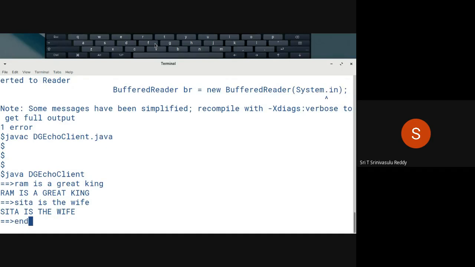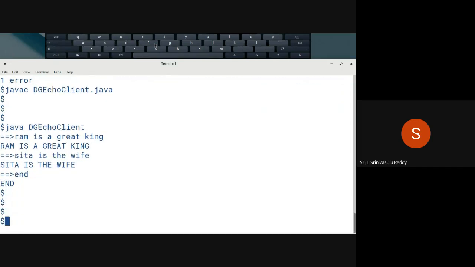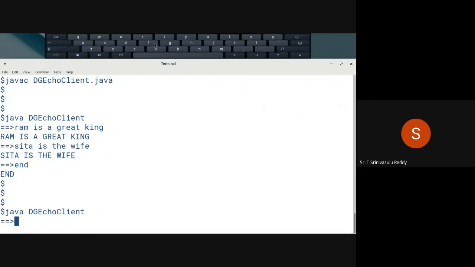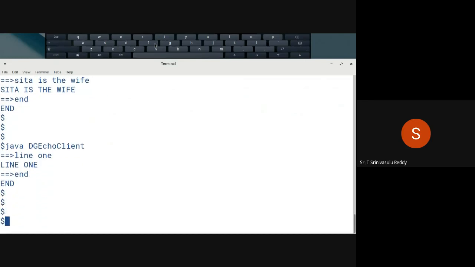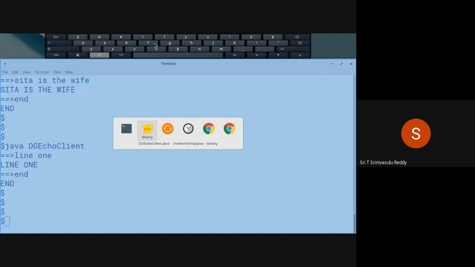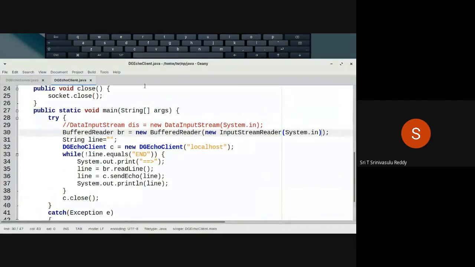Like this. And then ultimately say end is done. So you can test it now any number of times. So line 1 and then end it. In this particular manner, that's the small change that you'll have to do.